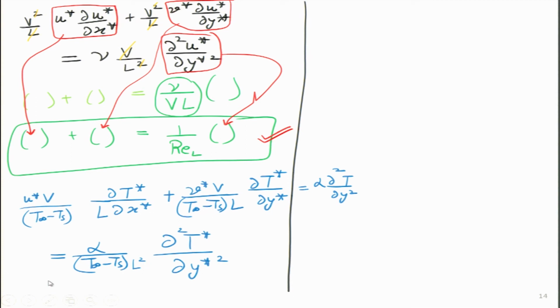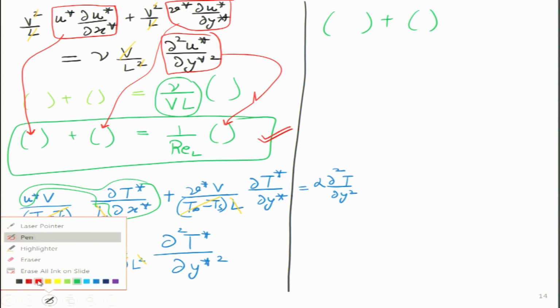Now, we can see this fraction I can always cancel throughout. So, 1 by T infinity minus Ts gets cancelled from all these three terms, right? One of the L's will also get cancelled, and this power will become power 1, which means what I will get now for the heat equation is the first bracket plus the second bracket. First bracket is this one over here. This is my first bracket. This is my second bracket.